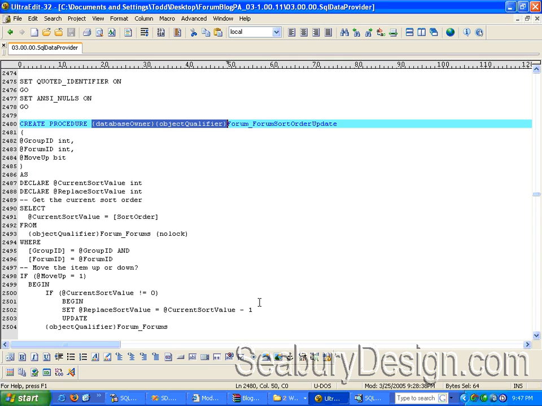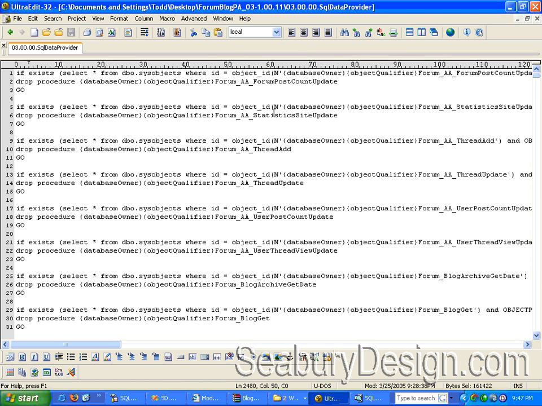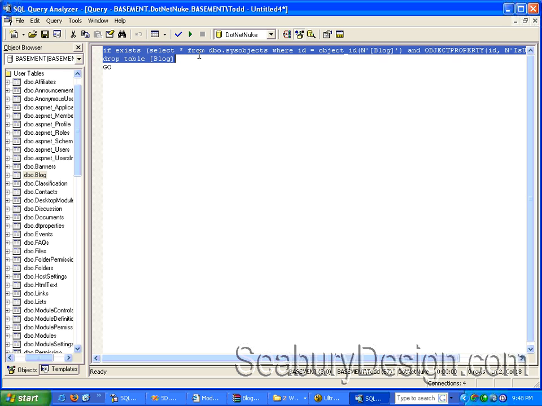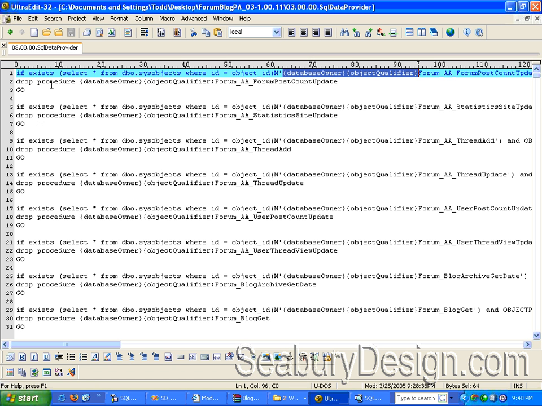If we go back and look at our text editor, let me go up to the top here, it says select star from sysObjects, where object ID equals database owner object qualifier. So let's look at what we have here, where ID equals object ID. Right there is where we need to add database owner object qualifier. So if we do it this way, we're going to have to do it by hand. If you build this script through the SQL Query Analyzer, you'll see that it follows the same format as what you see here. It says if exists, select from, so forth,